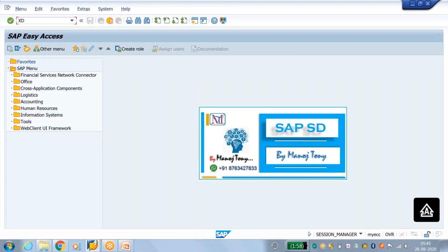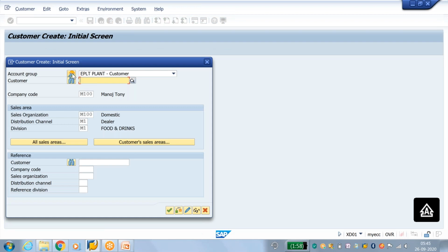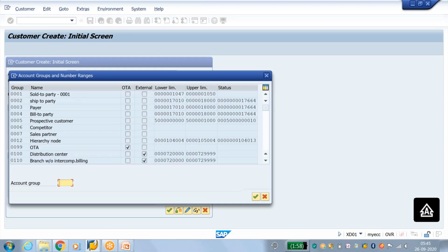XD01 is the transaction code to create a customer master. So the account group is 0001.